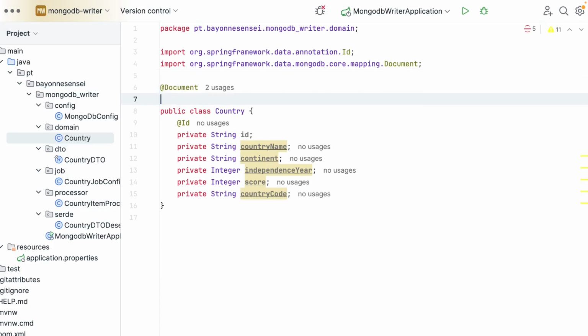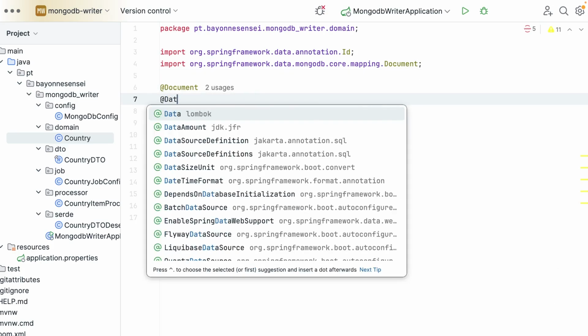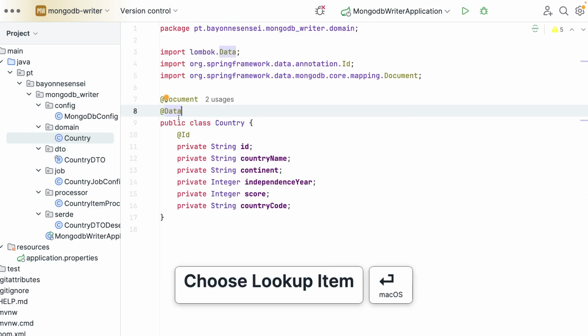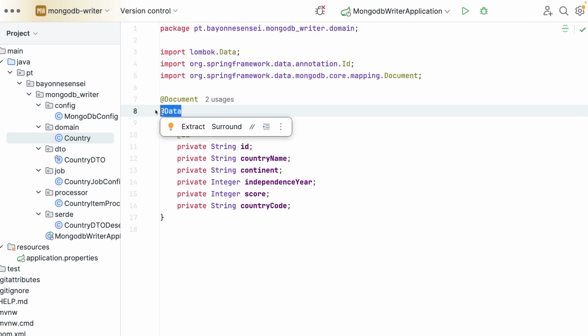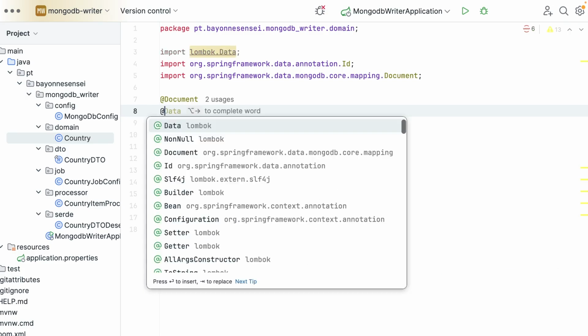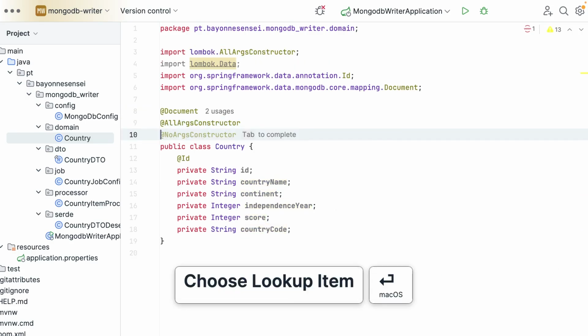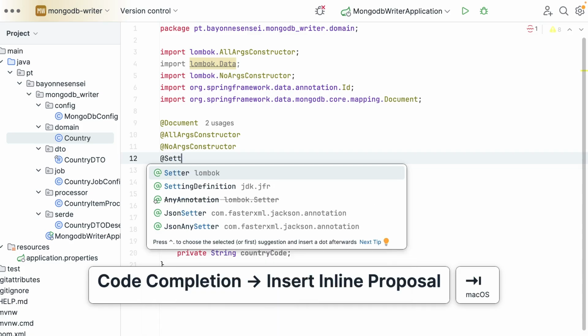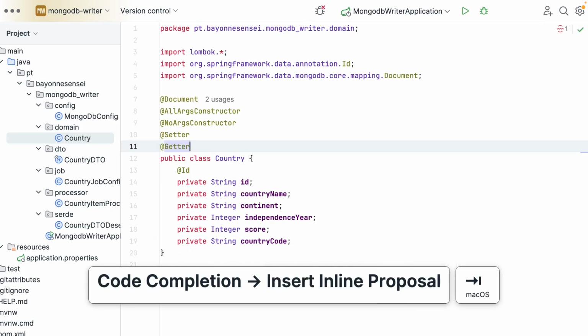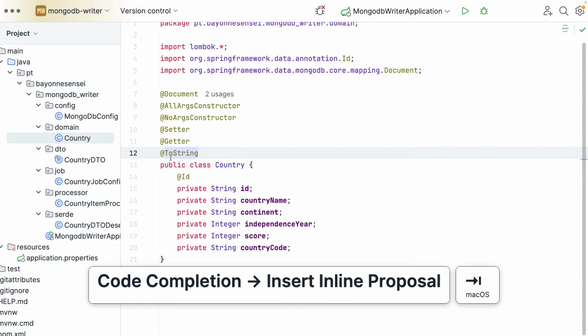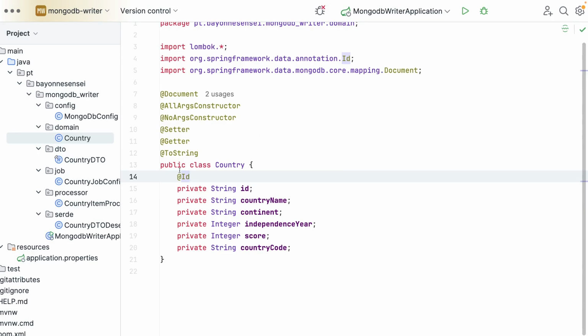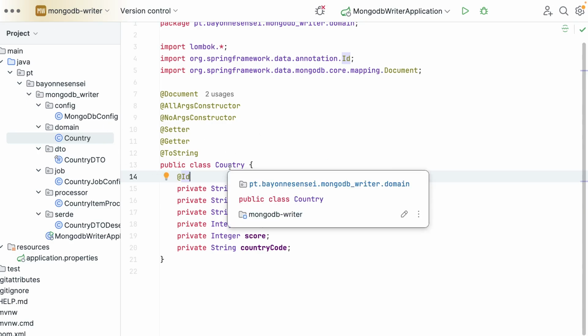And as we are using Lombok, which is very nice, we could just use @Data. But @Data is not very nice for the object that we are going to use for our ORM, meaning your entity class or your document class. So the best way is to provide what you need, for example, an all-args constructor, a no-args constructor, setters, getters, and I think we can also use toString. Anyways, now that we have what we are going to use in order to write,